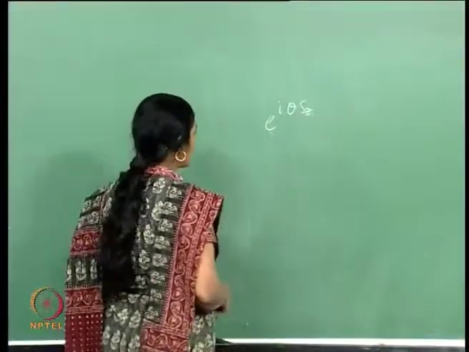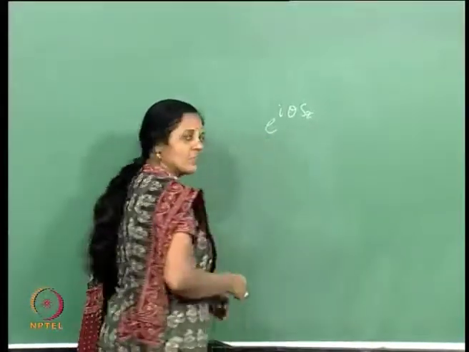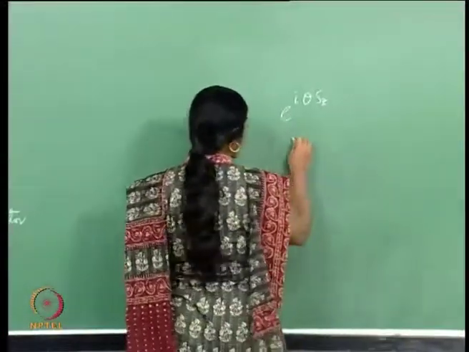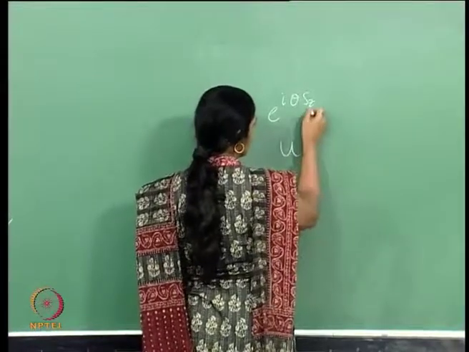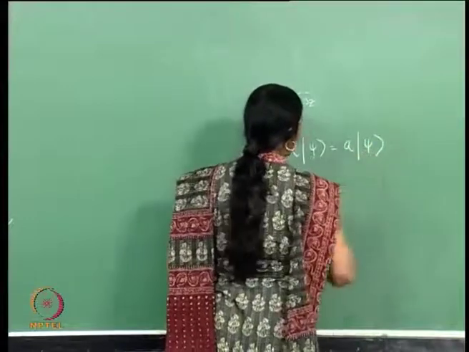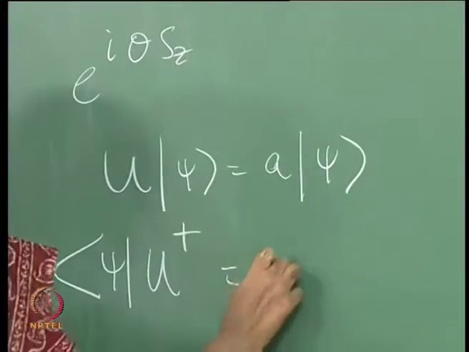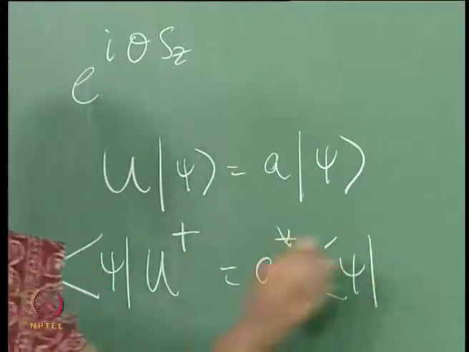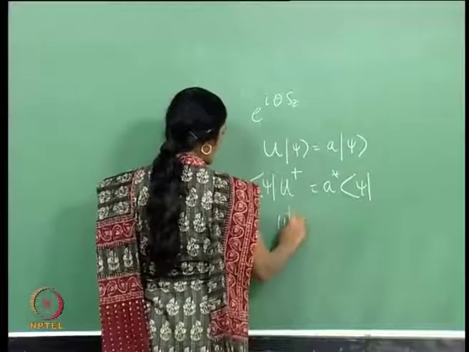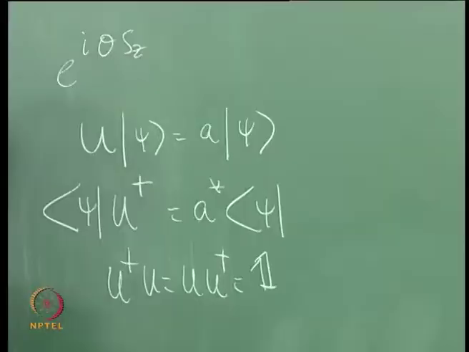Talking of eigenvalues, it is good to digress at this point and see in general what kind of eigenvalues a unitary operator can have. So, if U is a unitary operator, this is an example, and if this is the eigenvalue equation, correspondingly I can take the dagger and get this equation. A unitary operator satisfies this, and therefore